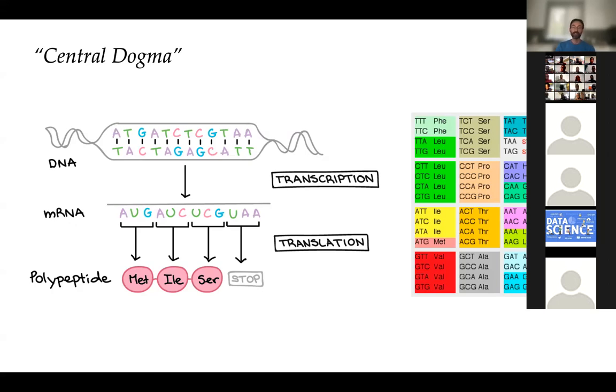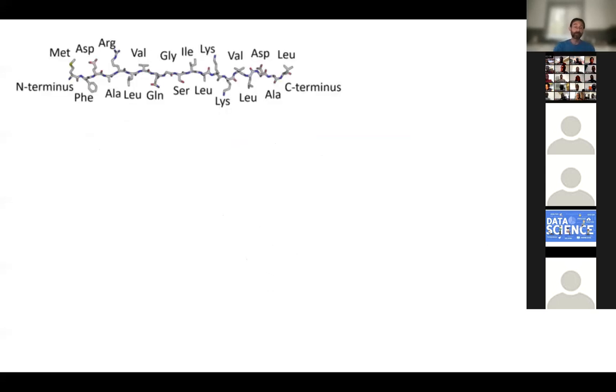Basically what the cell does is read out this DNA. Well, it has to transcribe it into RNA that then becomes synthesized into amino acids. And here you can see a table of how different triplets of nucleotides are translated into an amino acid, a basic building block of a protein. It's interesting actually why this particular encoding and not something else. I think nobody really knows, or at least I have never seen anyone knowing, why biology or nature decided to encode amino acids in this particular way.